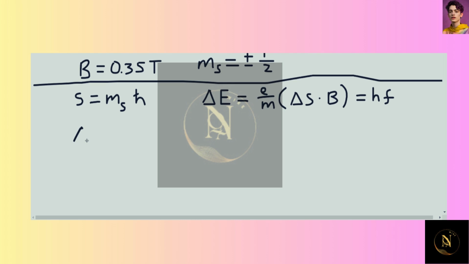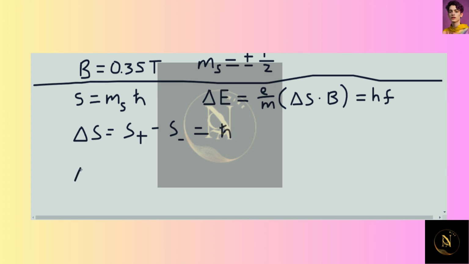So delta S is the change in state, where we're going from the spin up state, spin positive state. We're going to subtract from that the down state or spin negative state. We plug in m sub s equals positive 1/2 for the positive state and minus 1/2 for the negative state. So this comes out to just equal h bar, because it ends up being 1/2 h bar plus 1/2 h bar, which is just equal to h bar. And the dot product between delta S and B is just going to be S times B, since they're